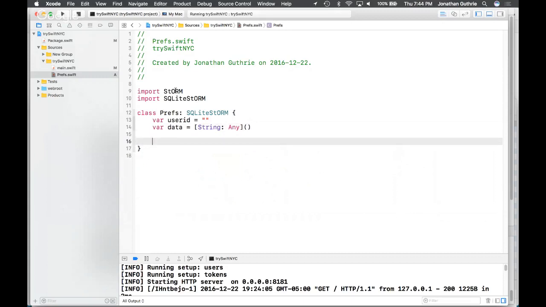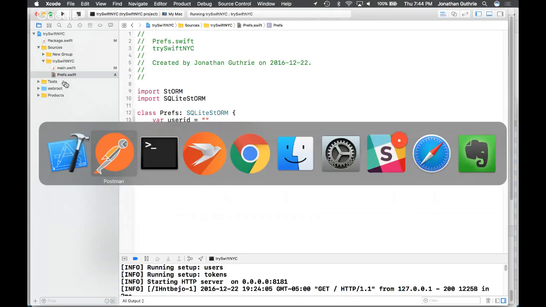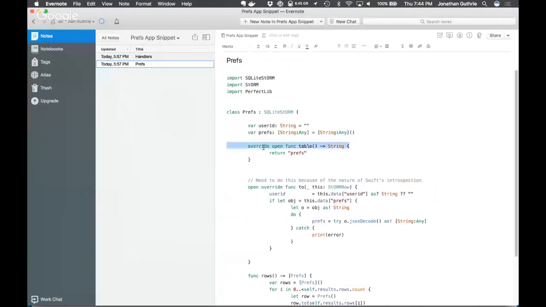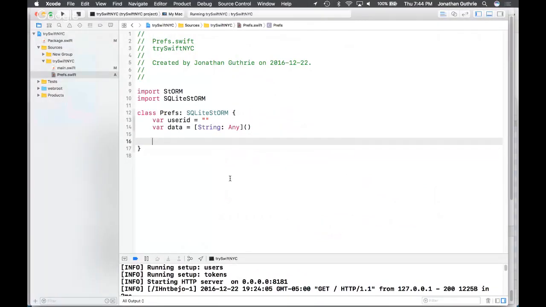Okay, now there's a couple of things that we need to add in that the ORM can't necessarily determine all by itself. First of all, we need to create a function, and I'm going to grab a snippet here. So, yeah, guys, you'll notice that I've done this before. All right, no problem.